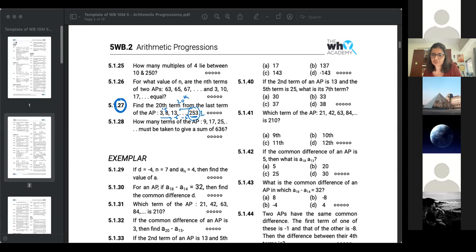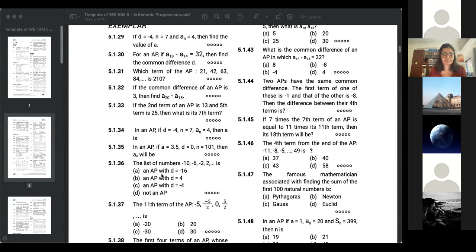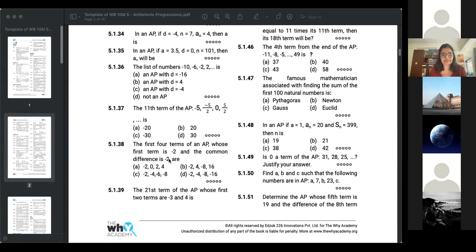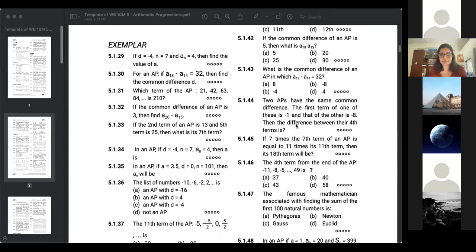Neki has sent. Aditya also sent. Dhruv did not send. Nancy got it. Elena got it. Puneet got it. Okay. Dhruv, question number 27. कहाँ पे हो? Oh, okay. Dhruv also got it. ठीक है. All of these are like direct questions. You guys can do it like practice कर सकते हो. Common difference.